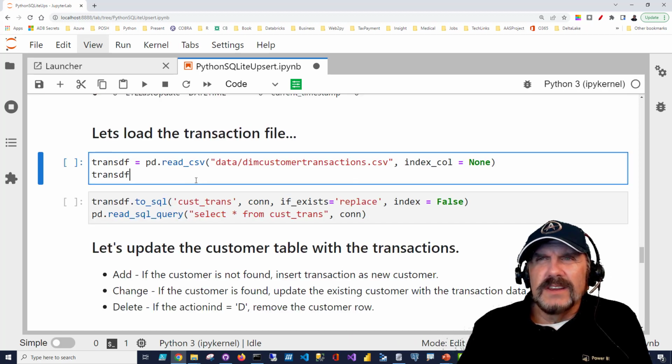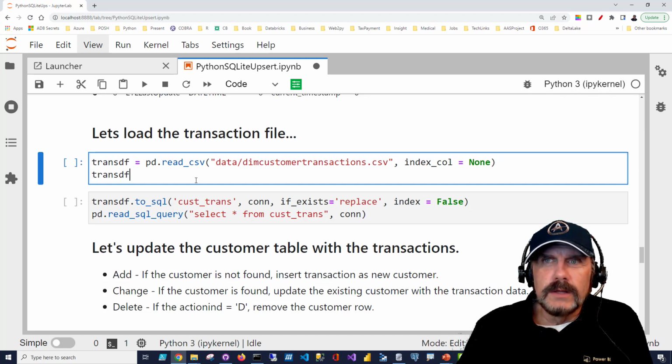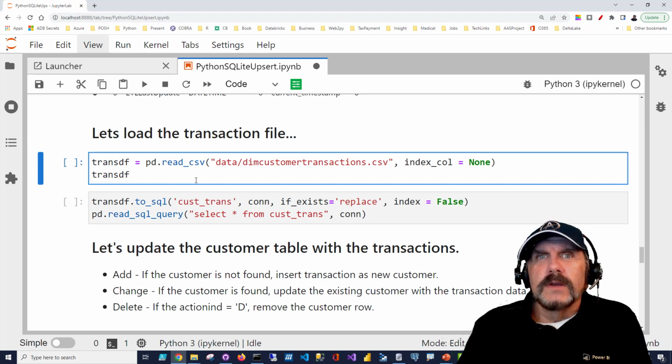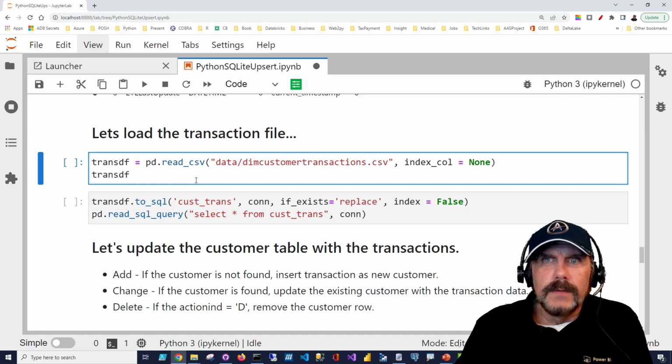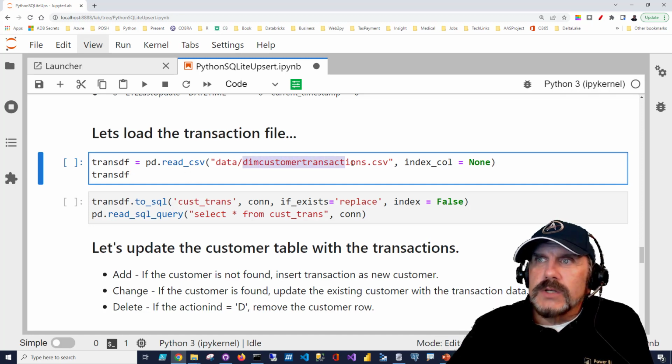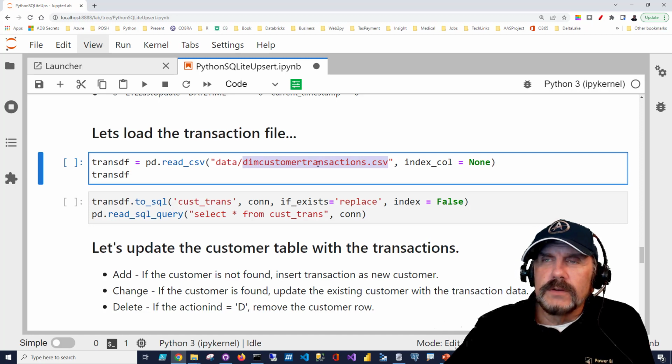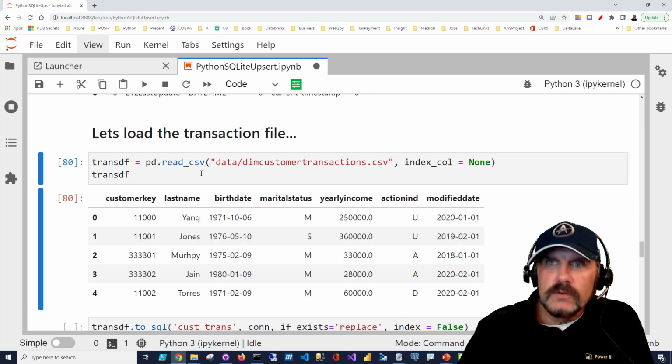It's got data in it, and the idea would be of the master table. It's probably been there for years, and you're not the one creating it unless you're creating a brand new ETL process. But what I really want to focus on is, suppose you have that and you need to do updates to the master table. That's where the fun begins. So we're going to take our dim customer transaction data, which is in the CSV file, and we're going to load it into transdf, right, our transaction file, just using pd read CSV as before, and we'll just display it,